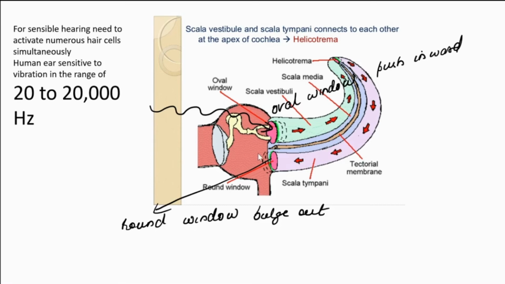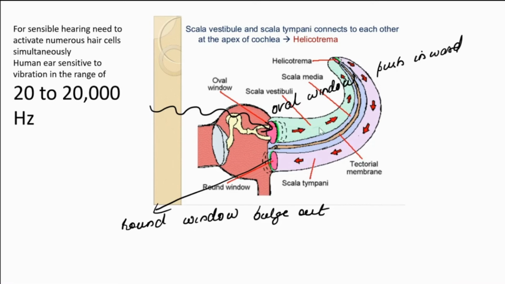And in this picture, you can see that as the sound waves arrive, the vibration of these bones is conveyed to the oval window. Because of that vibration, the oval window bulges inwards, and that pressure moves in this direction, and through the opening present here it moves in this direction and pushes this round window outwards, bulging out. This happens whenever we hear a sound.